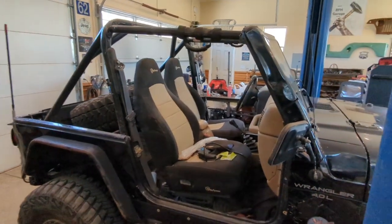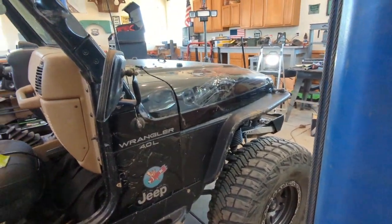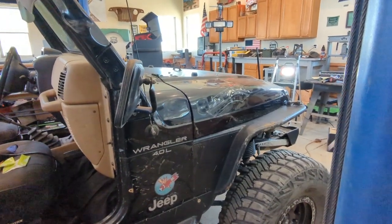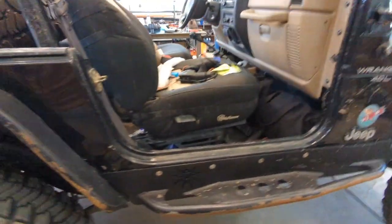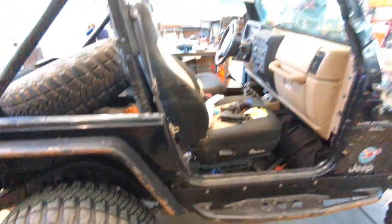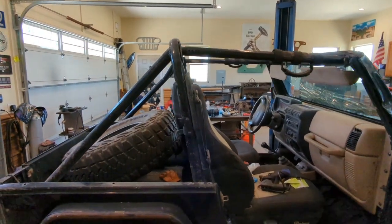So thinking about rebuilding this, I have a lot of concerns, and that's what's going to make me kind of lean towards a decision one way or the other. I have so many creases and crumple zones like right here and stuff that trying to get doors back on this thing is going to be just kind of a pain in the rear. Not impossible, but